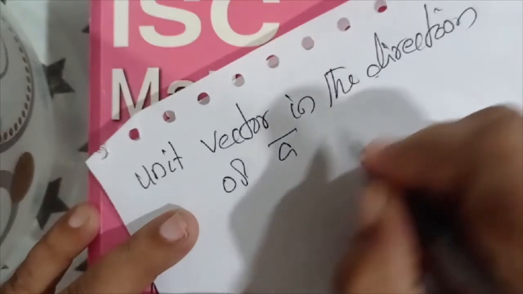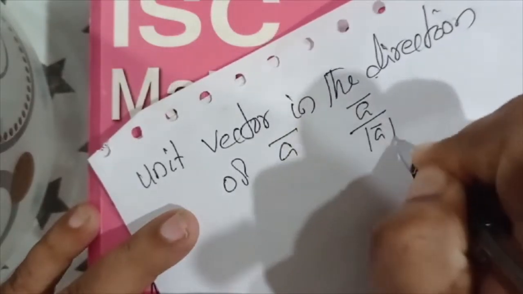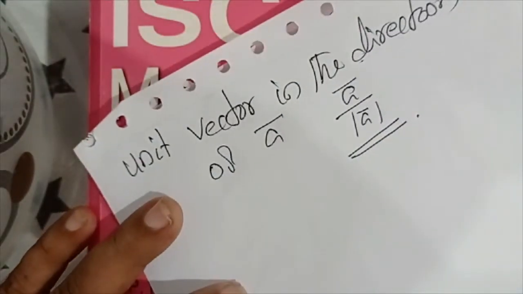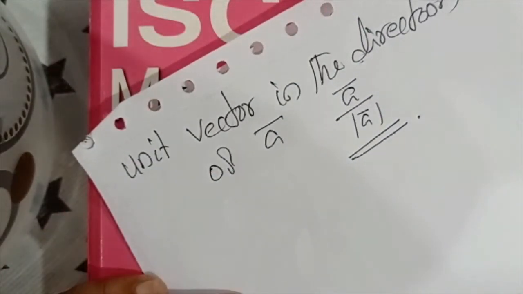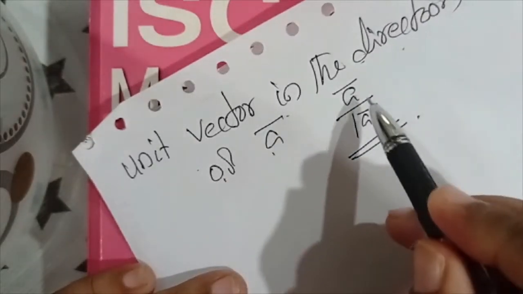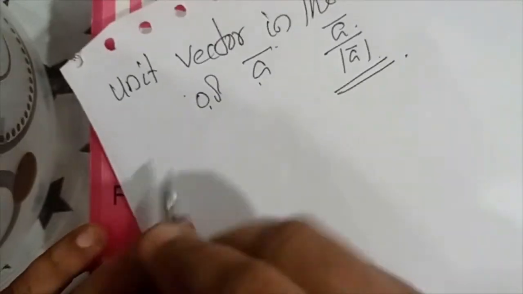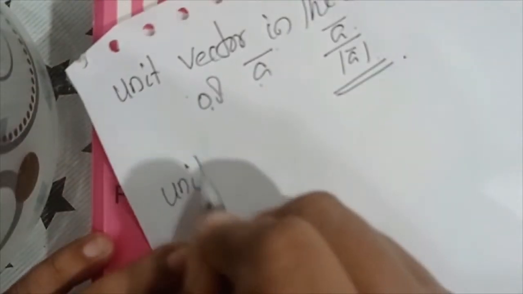Unit vector in the direction of A, that is vector A by modulus of vector A. Isn't it? In the first class, I explained that unit vector in the direction of A is vector A by modulus of vector A. But here the heading is, right, unit vector